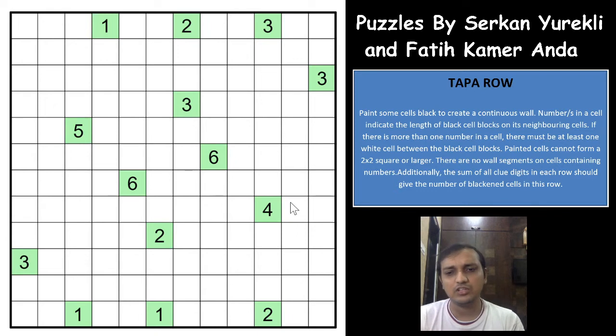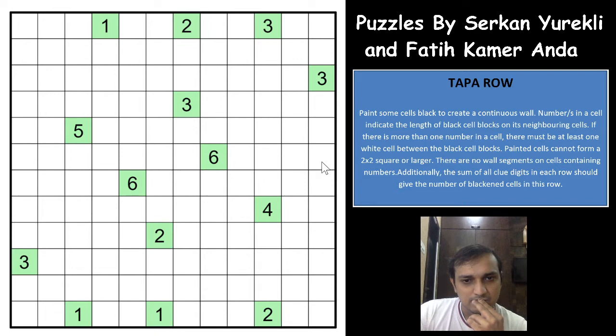This puzzle was one of the toughest puzzles, one of the higher pointers in the contest. So I thought of making a video on this one, right? So let's see where we can start the puzzle. All are single digit numbers, I mean to say all are one number clues, right? There is no cell with 2 number clues.